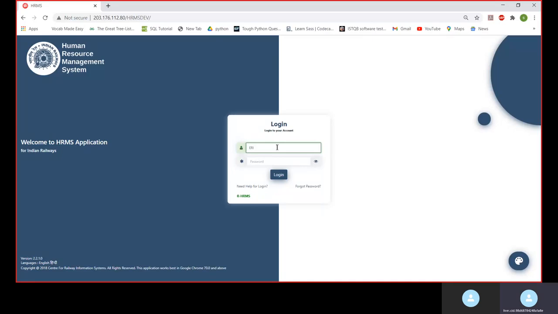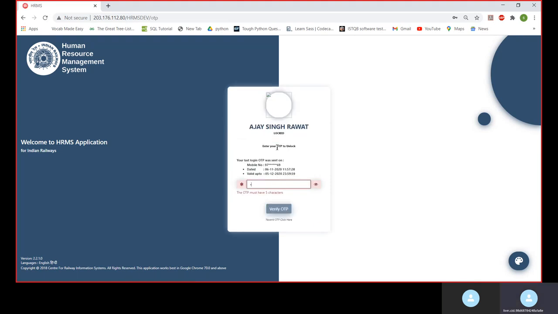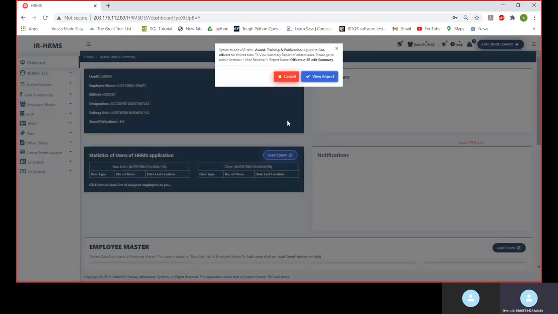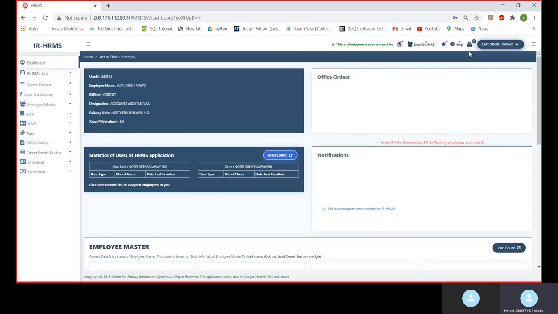So we will be logging in as LDC. The LDC mapping was given by the unit admin, as we have previously seen.